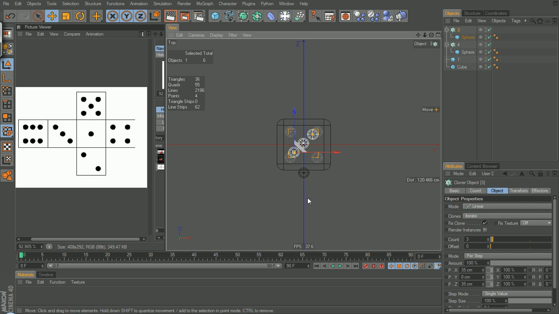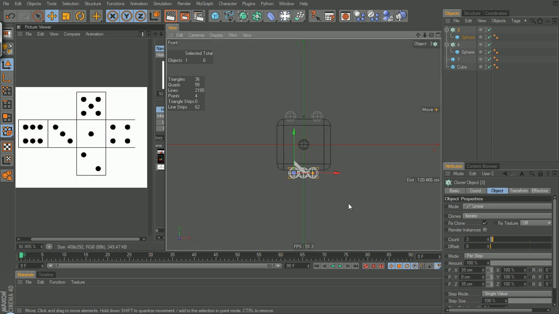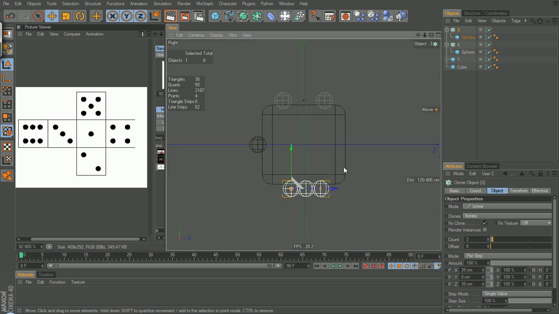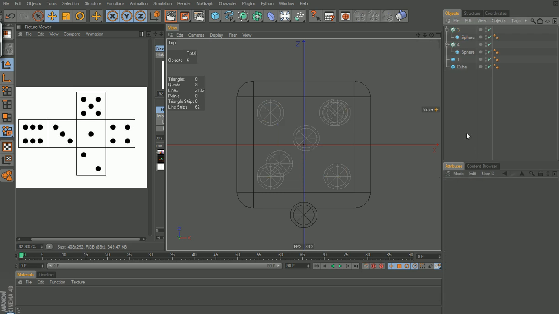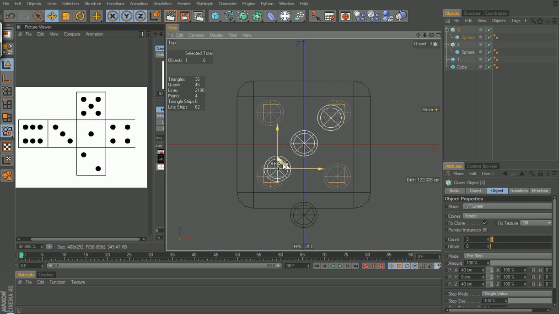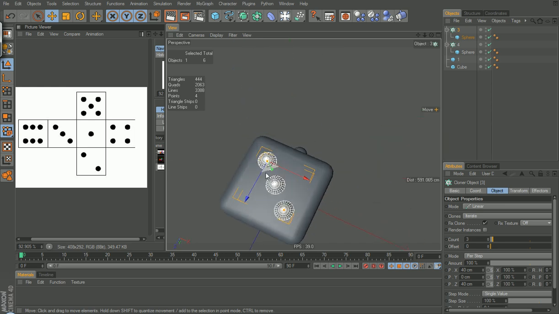Let's see how this looks. I'm using the F keys as shortcuts: F1 is perspective, F2 is top, F3 is right, F4 is front, and F5 is the split. Maybe we should use it a little bit more. Let's go with 40. If I haven't said this already, it's kind of up to your personal choice. We'll try and center the middle one here using the axes. Press F1 to come back into our perspective mode,